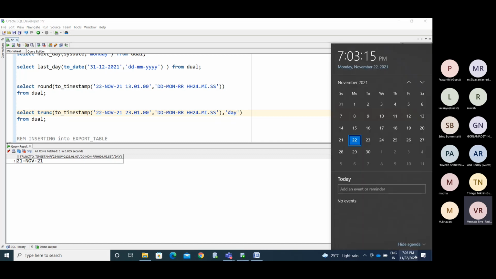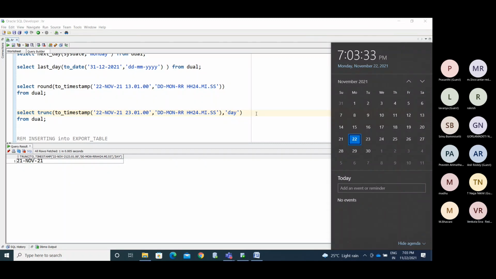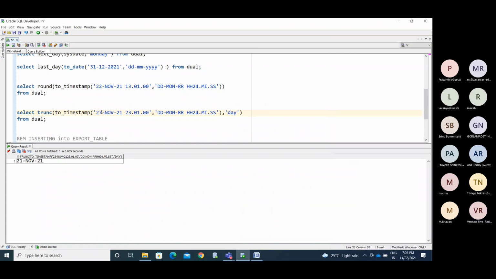So if you want to know, the week can start from, say you are in the 22nd. So the week will start from Sunday to Saturday. Okay. So you are in that particular week. What is the first day? What is the first day of the date? So if you pass till 27 also, you will get the 21st. Make it a 28, it will go to the next week. So that will be the first day of that particular week.